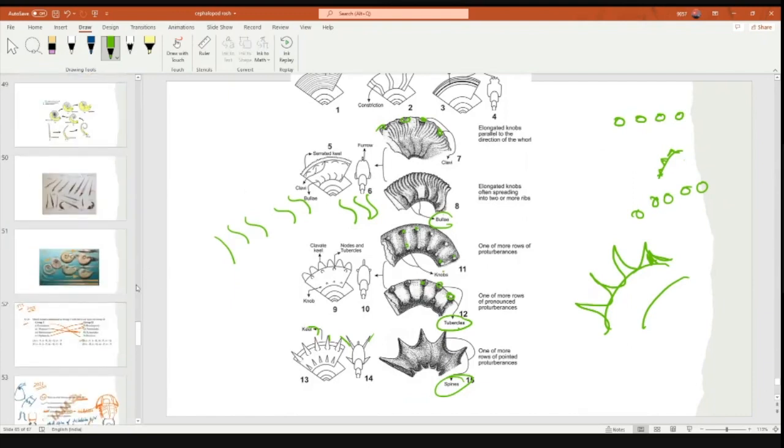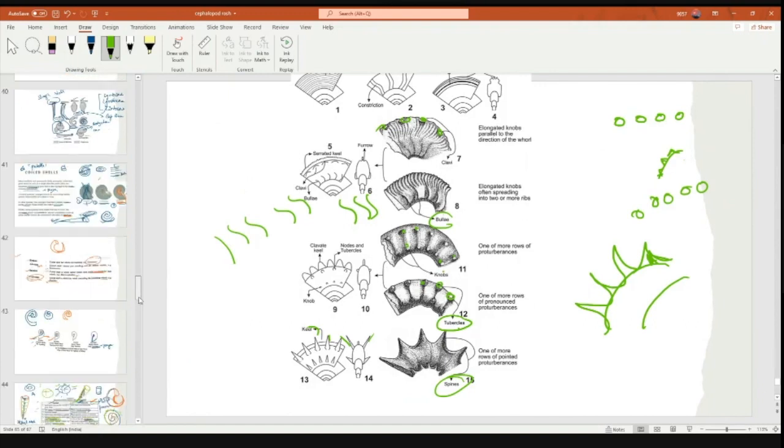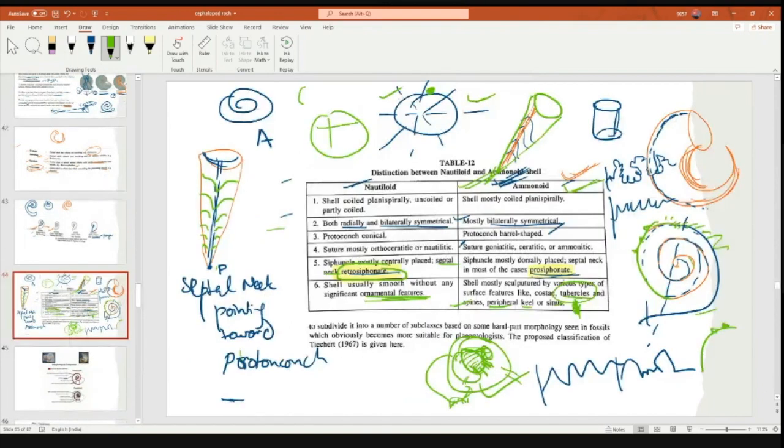But you have to remember ammonoids show different kinds of ornamentation, but nautiloids don't have that much, or are without ornamentation. They are just simple shells, okay. They are not coiled also, sometimes partially coiled, you don't get very coiled ones. And our suture line is generally simple, okay, without that many irregularities. So this is the main differentiator between nautiloids and ammonoids.